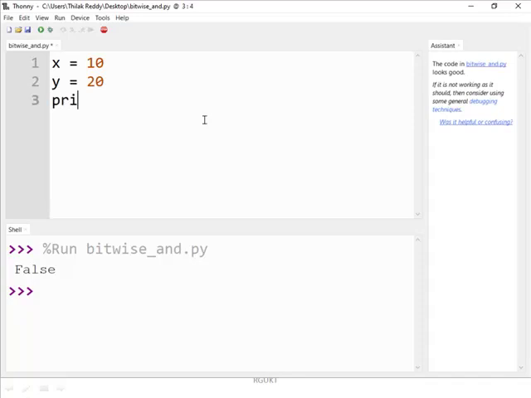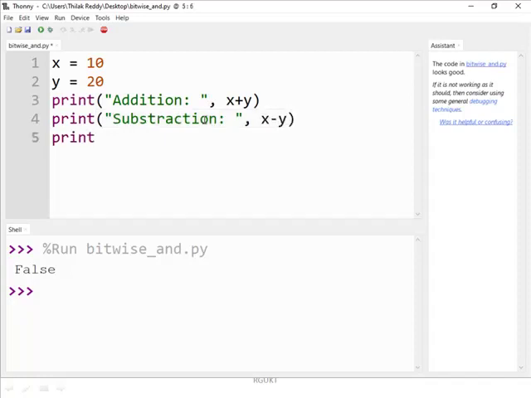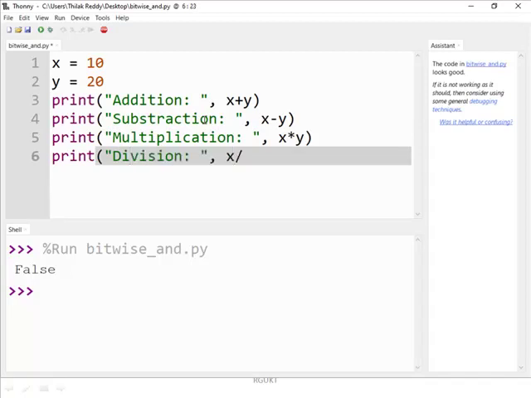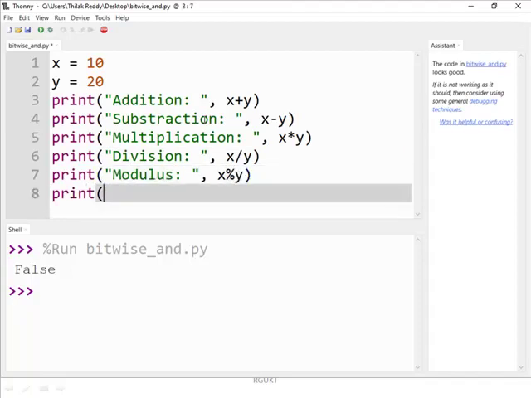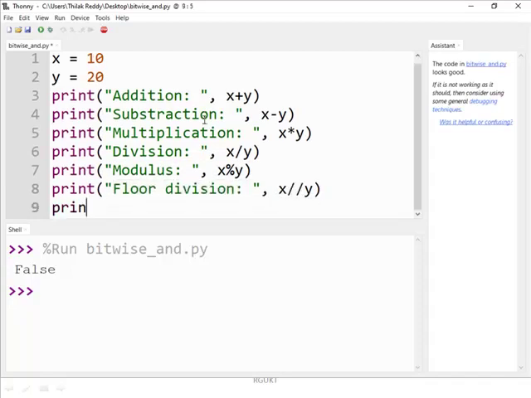First operator: print addition x plus y, print x minus y, print multiplication x star y, print division x divided by y, print modulus x modulo y, print floor division x double divided by y, print exponent x double star y. So all the operators are written in the program.